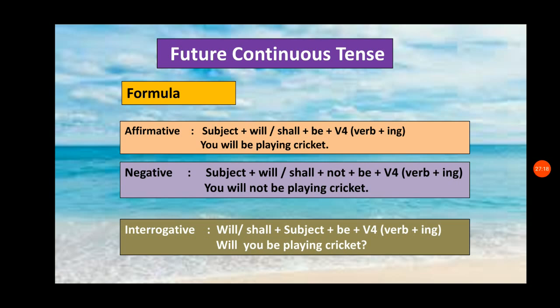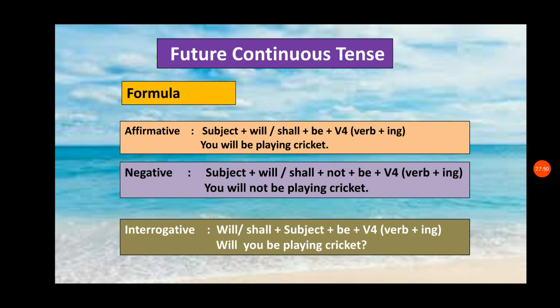And another thing, we should not use only will or shall in the continuous tense, because without a be verb and the verb ing there is no continuous tense. So we want to add a be verb with the futurity verbs, that means will or shall. And will can be used with all the pronouns, all the nouns, I, we, you, they, he, she, it, and names, or all other people, animals, anything. And we should use shall only with the first person.